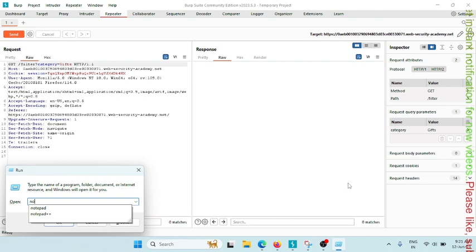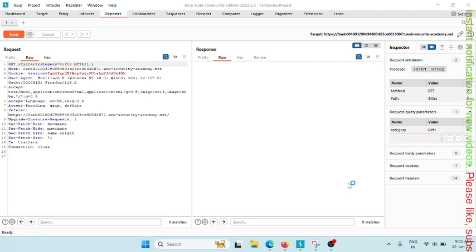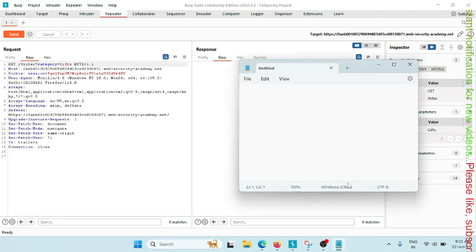In a general scenario, a SQL query looks something like this; I will write a simple query. When I click on gifts, the application asks the SQL server something like: select star from products, and this is the table where all products are listed, and then it puts a filter where category